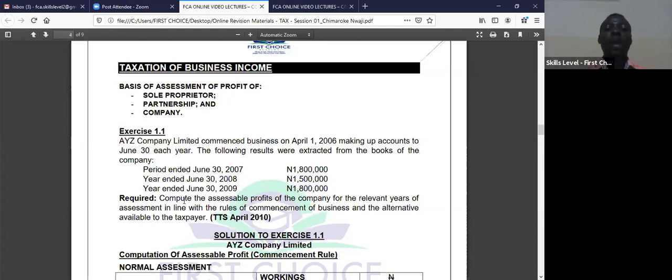So required, compute the assessable profits of the company for the relevant years of assessment in line with the rules of commencement of business. And so when they use the word and, it means the question is asking for the alternative available to the taxpayer. So first of all, let's look at the commencement rule. The commencement rule states that